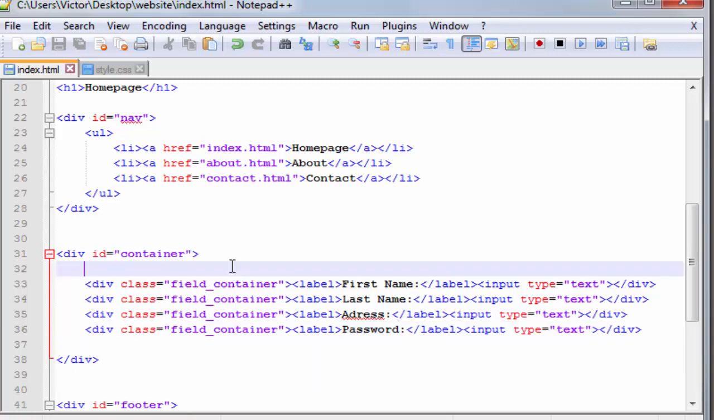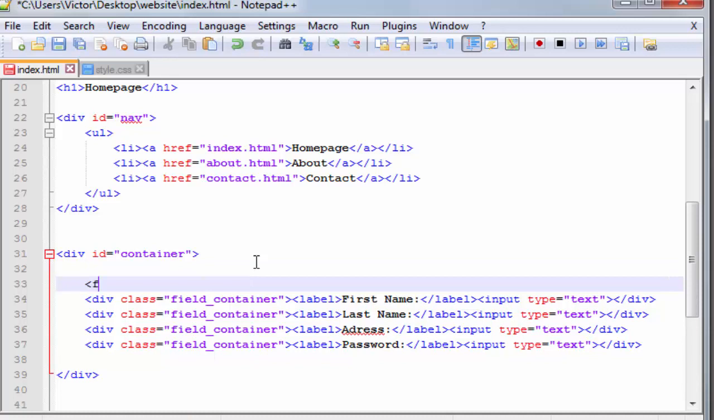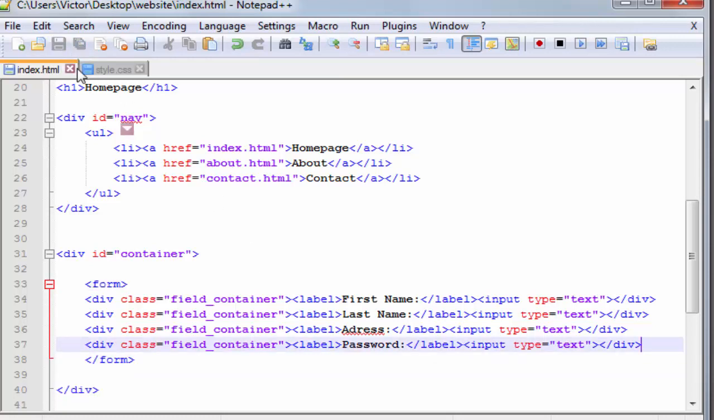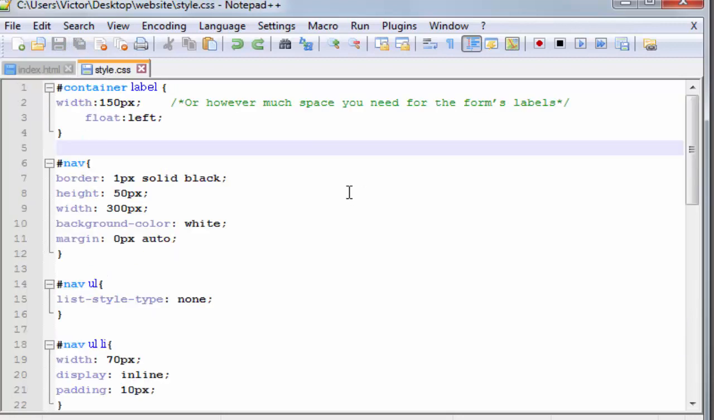Okay, obviously we are still missing one thing, which is the form tag. And here we type form. Now let me save this, and let's go to style.css,